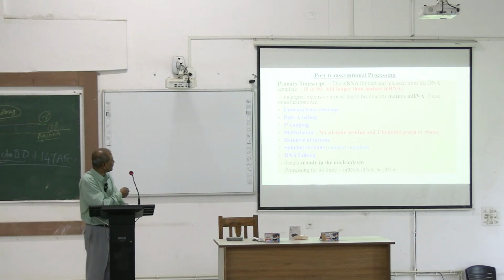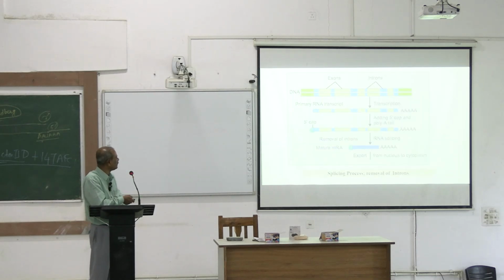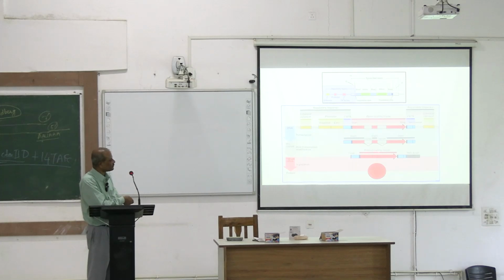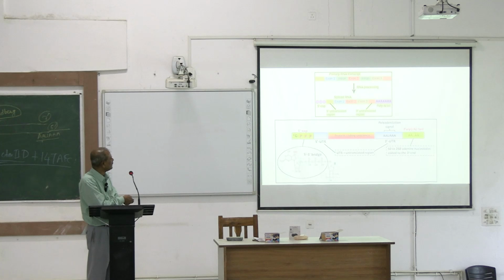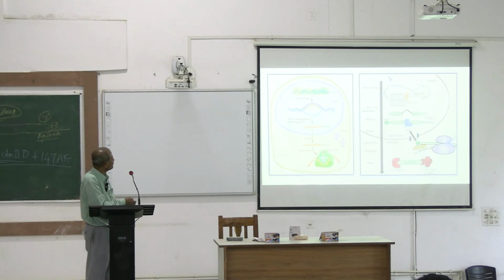Okay. So basically there are endonuclease cleavage, poly A tailing, capping, everything I have told you. Exon and intron removal I have told you also. This part also I have described: the 5' untranslated region, the 5' flanking region and the 3' flanking region. This is basically the protein coding region, and I told you that the 5' UTR and 3' UTR are also part of the total thing, but they are not described classically during the transcription phase. So this will come out of the nucleus through the nuclear pore